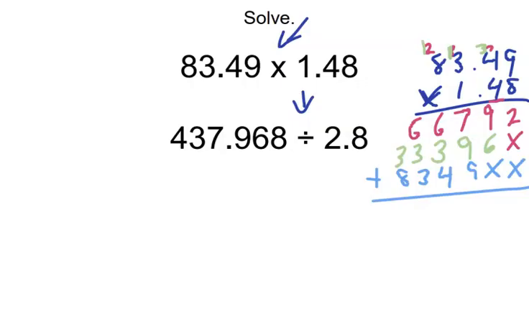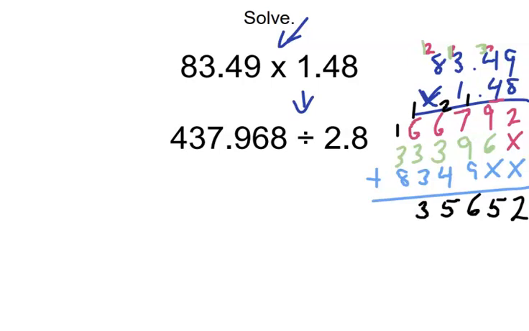So we have 2 and nothing is just 2. We have 9 plus 6, which is 15. Carry the 1. We have a 9 and a 9, and then basically an 8, right? So 9 and 9 is 18. So 18 plus 8 is equal to 26. Carry the 2. All right, so 4, 5, 6, 7. All right, so we have a 6 and a 7, which is 13, 14, 15. Carry the 1. We have 3 and 3, which is 6, plus another 6 is 12, plus 1 more is